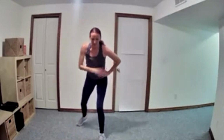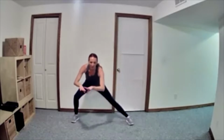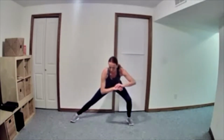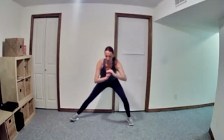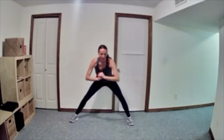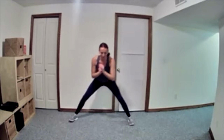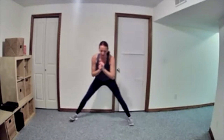All right, slightly wider stance. Inner thigh right here. Left to right lunges. While you lengthen that leg, lengthen the other leg, hips back, weight in the heels. You should be able to wiggle those toes here. Keeping your belly button in, chest up. 4, 3, 2,